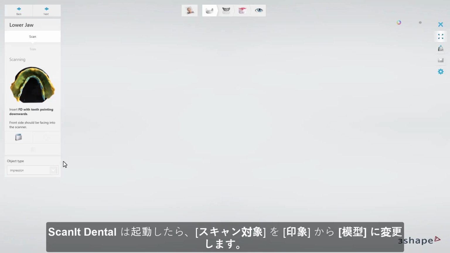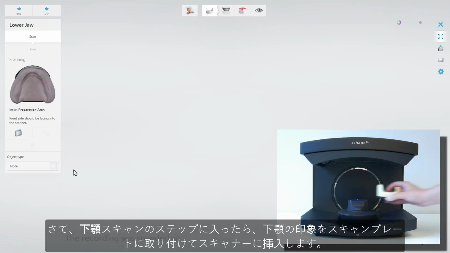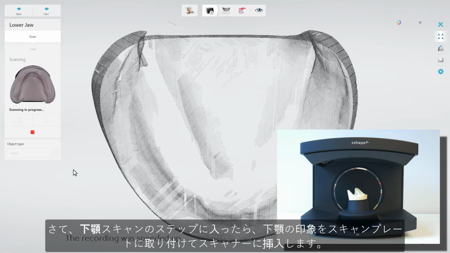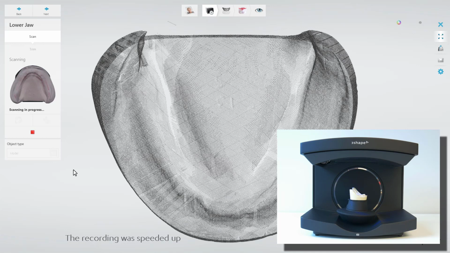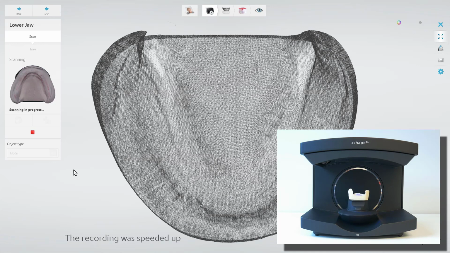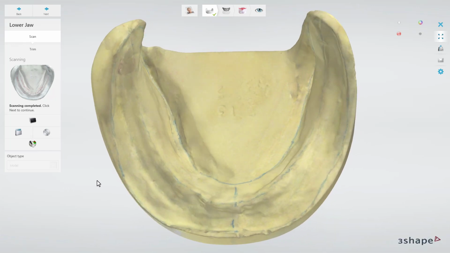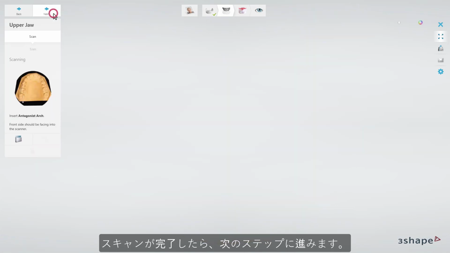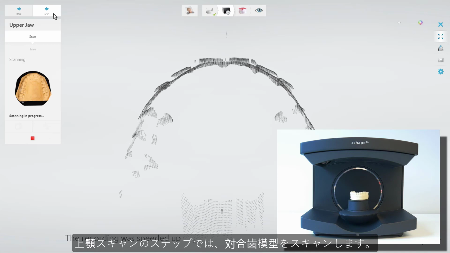When Scan It Dental opens, change Object Type from Impression to Model. In the lower jaw scanning step, place the lower jaw model on the scanner plate and insert it into the scanner. When scanned, go to the next step. In the upper jaw scanning step, scan the antagonist model